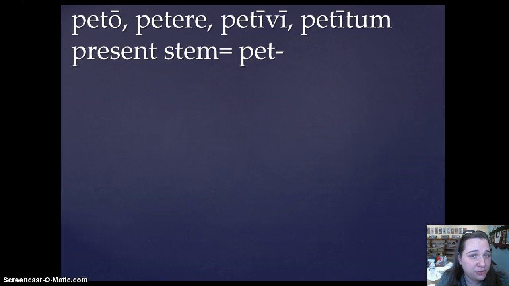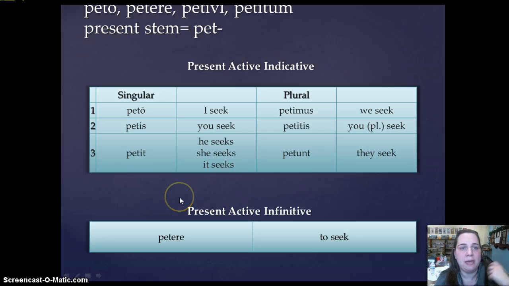Okay, so the only thing left to do now is to do a paradigm, an example of the third conjugation verbs. Our paradigm verb is going to be peto, petere, petivi, petitum, which means to seek. Now, if we follow the rule on how to get the present stem for a third conjugation verb, we remove the entire -ere from the second principal part, which gives us a present stem of pet. That means our first person singular present active indicative is still the first principal part, but then we need this present stem pet